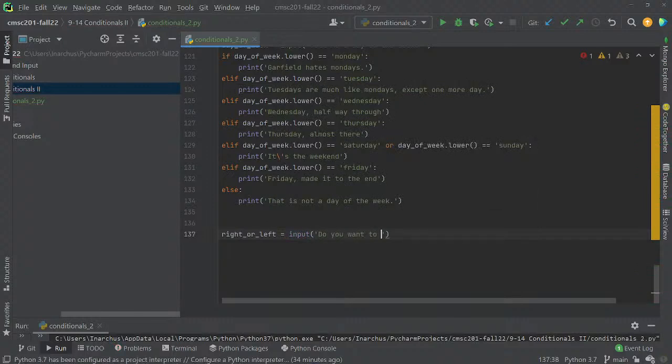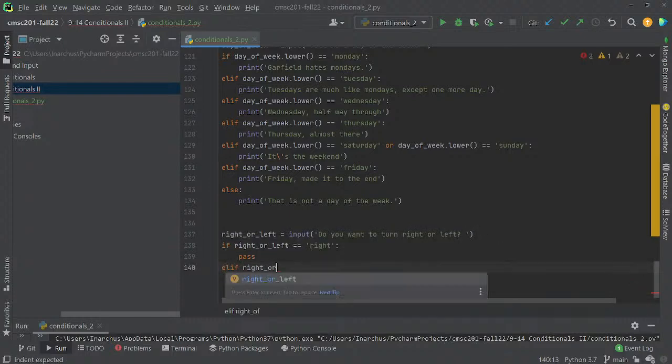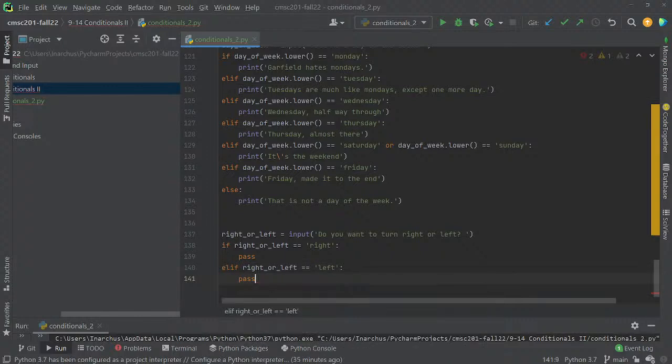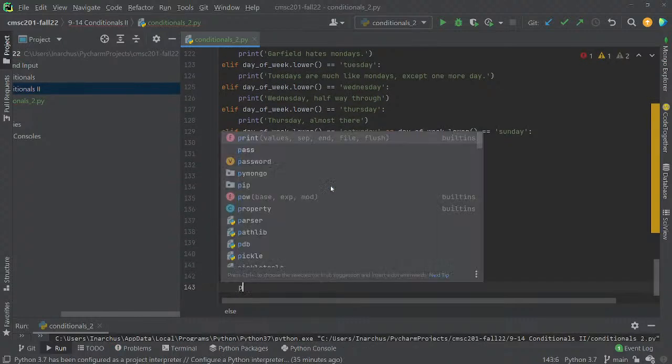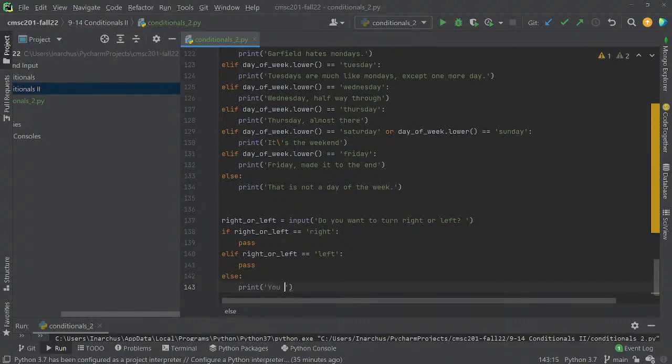Do you want to turn right or left, right? So we have a little choice. And so we say if right or left is equal to right, we'll do something. And elif right or left, oops, is equal to left. We'll do something else,